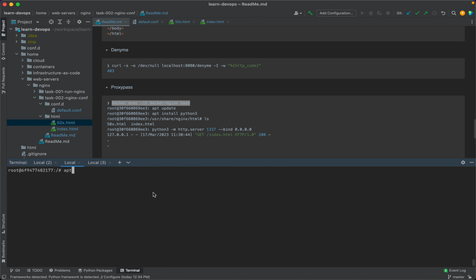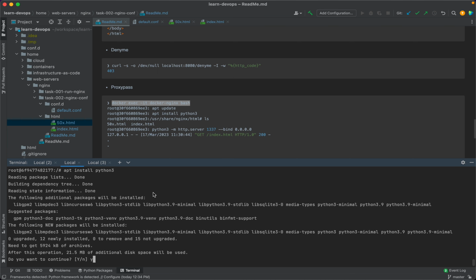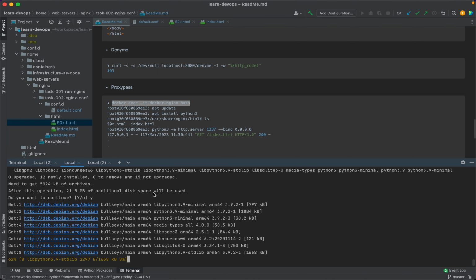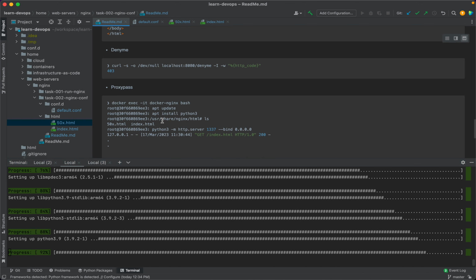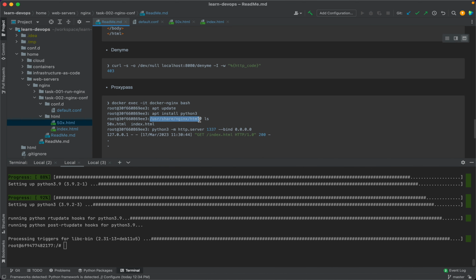Now let's run apt install python3, and let's go to this particular directory where our HTML file is present,